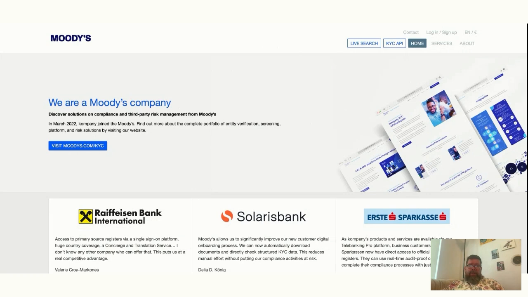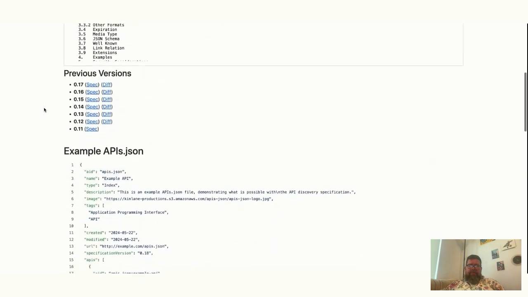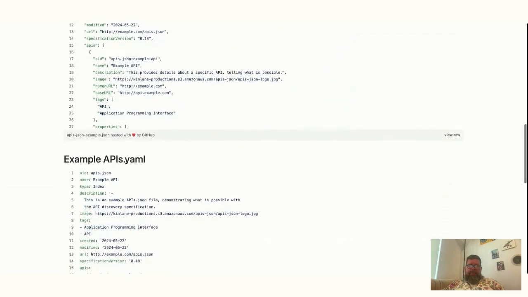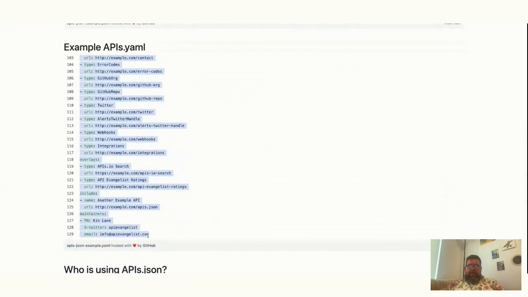So what is APIs.json? Let's go there real quick. APIs.json is a discovery format. What we're going to do is scroll down and grab the example one here, the example YAML, because it's easy. And then we're going to go to this